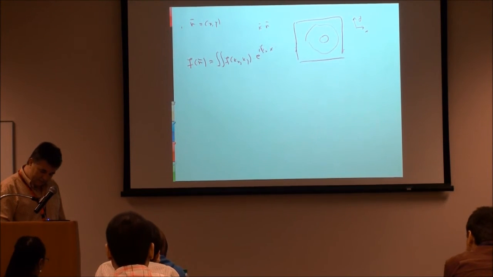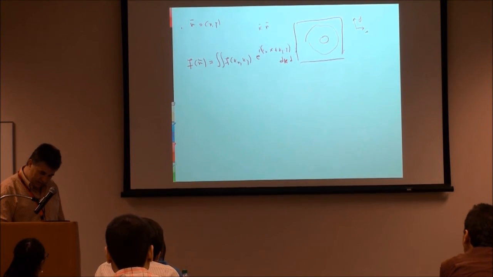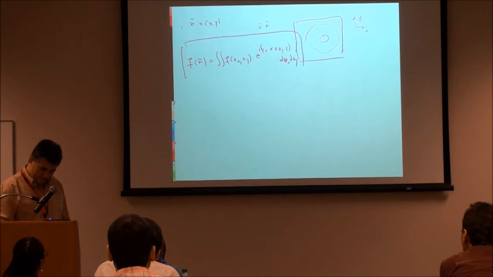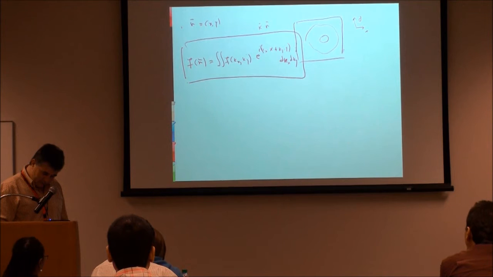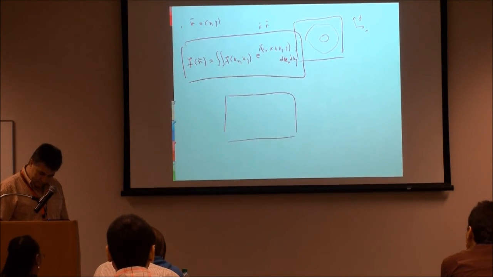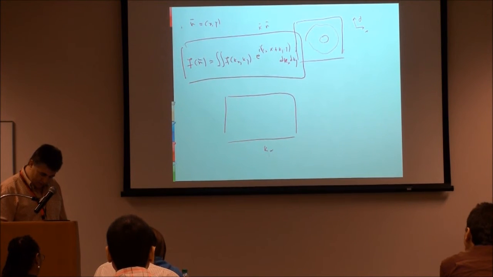So I have kx times x plus ky times y, dkx, dky. What does it mean? It means that in the frequency domain, kx, ky, say something like this,